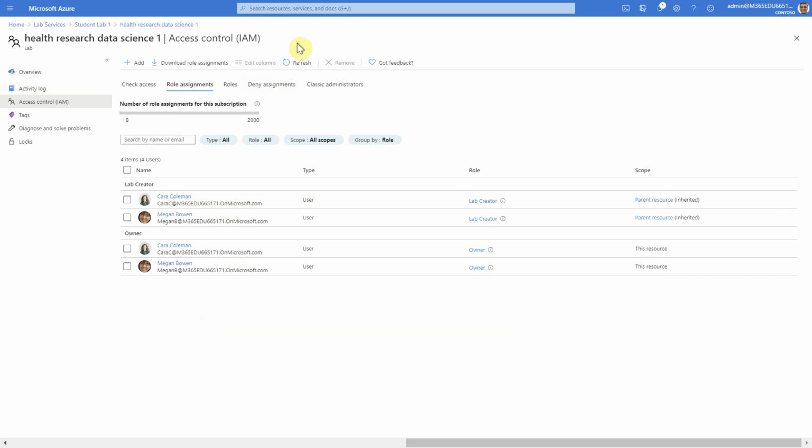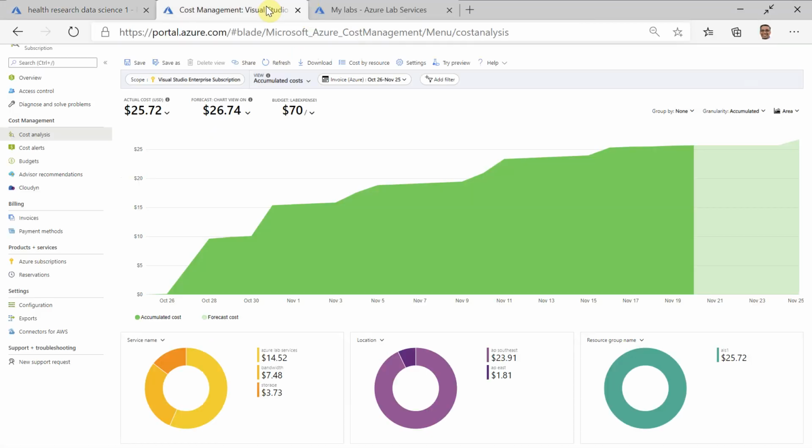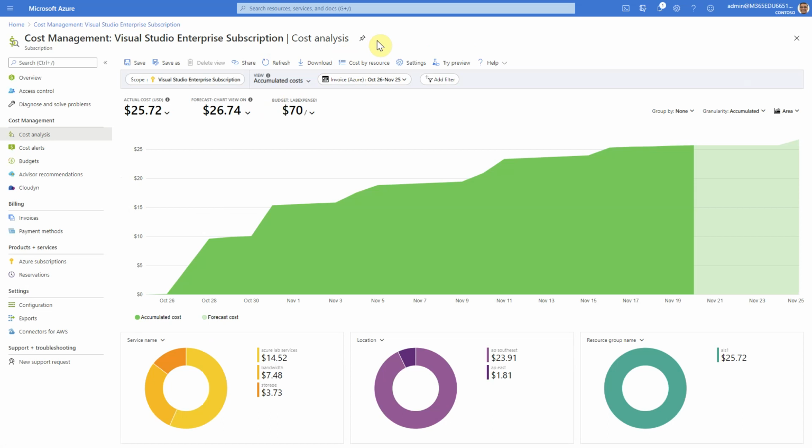Let us now move to another important function of the Azure administrator, that is cost analysis, actual cost of previous months and the future projections.